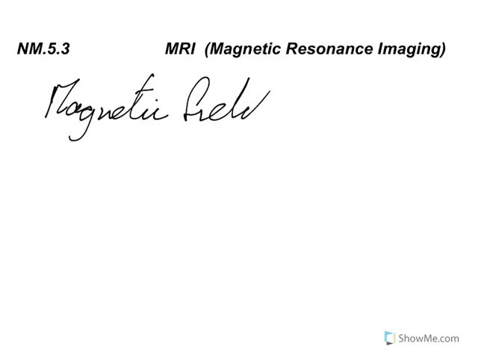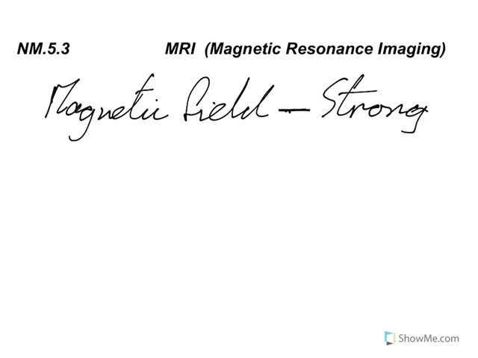So the next one is MRI, or magnetic resonance imaging. It's become common in the last 10 years or so. Basically what we do is we stick you in a magnetic field, a very strong one. So there are certain people that can't have MRIs, because if you've got some metal in you for some reason, then